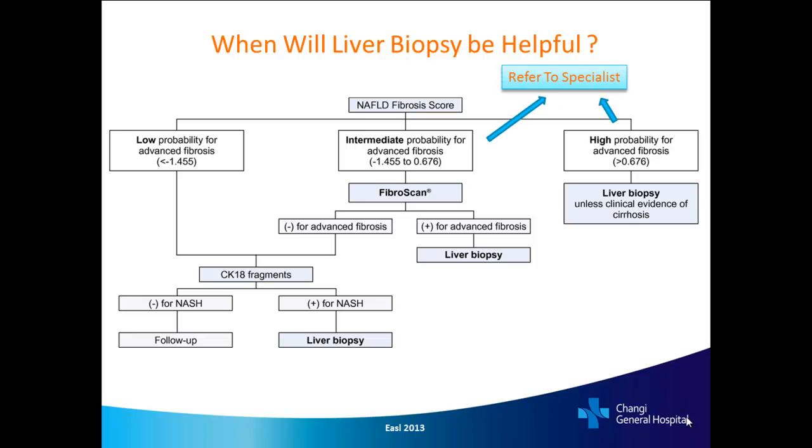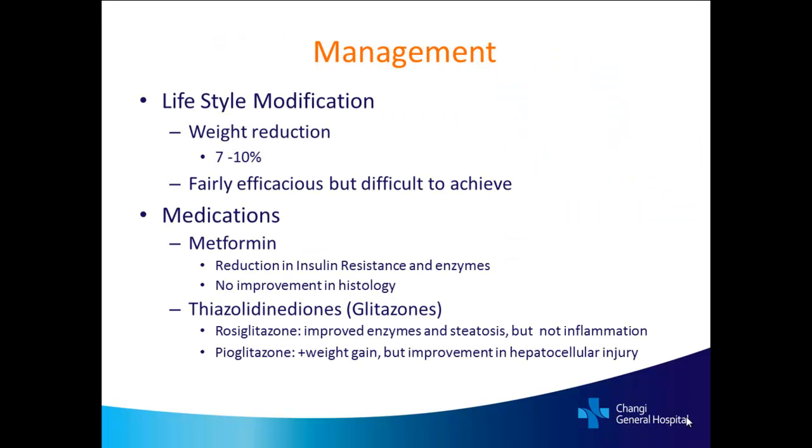So I think referral to us would only be necessary when there's a concern about advanced fibrosis. This patient will probably need a more intensive approach in terms of treatment and also surveillance for progression to cirrhosis and cancer. So treatment-wise, I think the cornerstone is actually lifestyle modification, gradual weight reduction, and